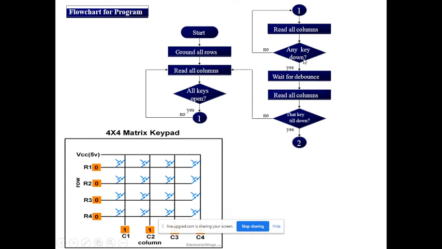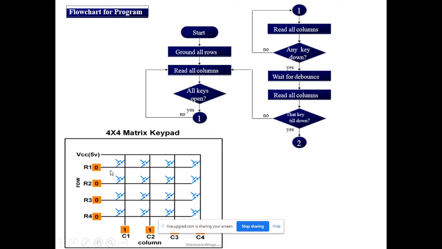Suppose any key is detected, any key is down, means any key is 0, then wait for debouncing, because suppose your key status is 0, but this 0 is not because of key pressed, it is because of the supply fluctuation. For example, we already said that this column is 1 1 1, all ones. Why?